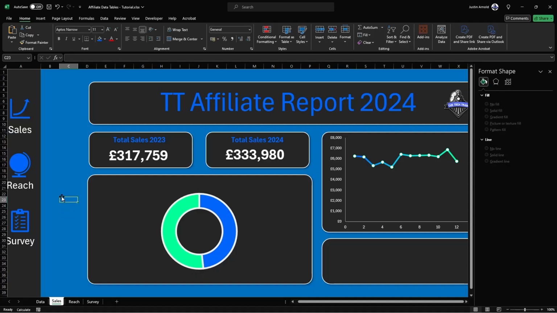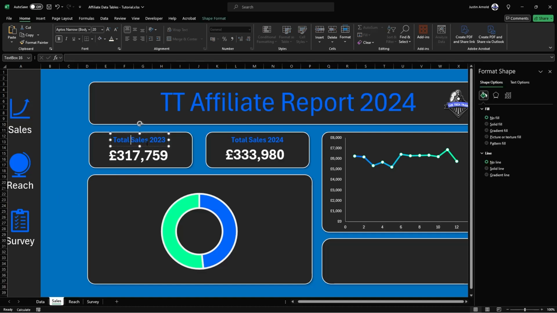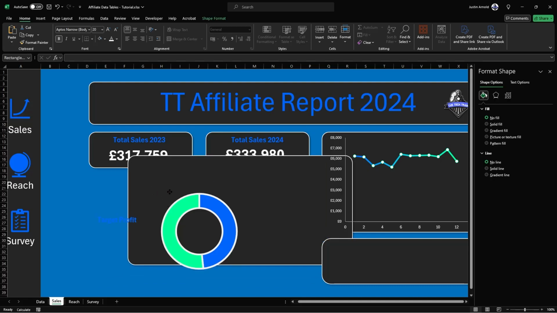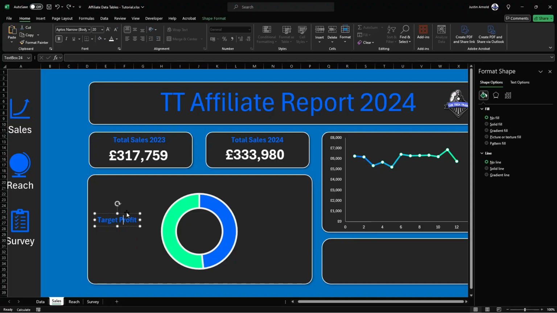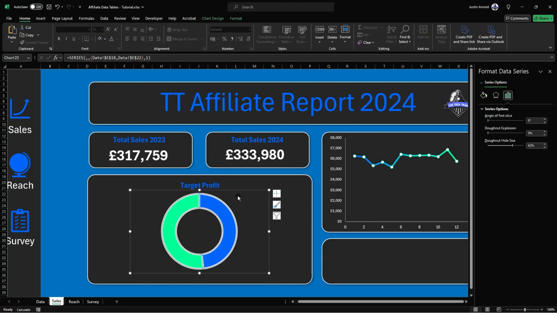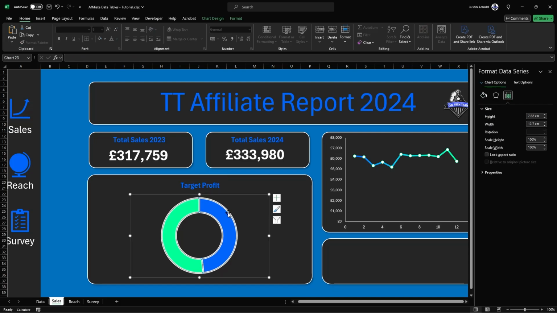And again, what I want to do now is to have some text boxes. So I'm going to grab this text box here, Control D, bring that down here. I'm going to change this to target. So this is my target sales, or target profit rather. So target profit. And I'll put that at the top of this section here, move that down slightly, and then